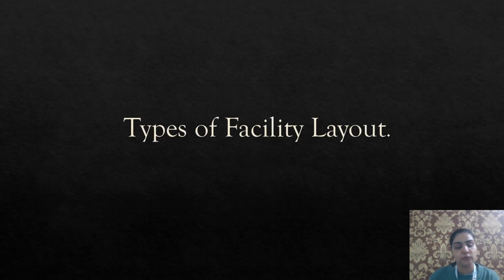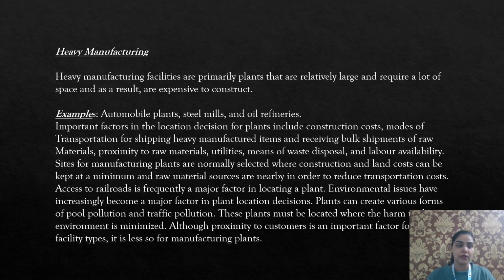Now we will move to types of facility layout. Let's see what the types are. The first type is heavy manufacturing. What is heavy manufacturing? Heavy manufacturing facilities are primarily plants that are relatively large and require a lot of space, and as a result are expensive to construct. Examples: automobile plants, steel mills, and oil